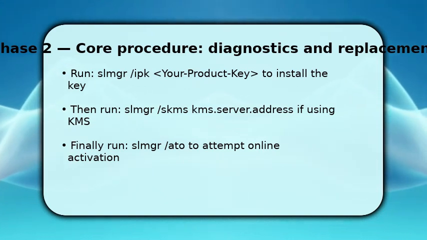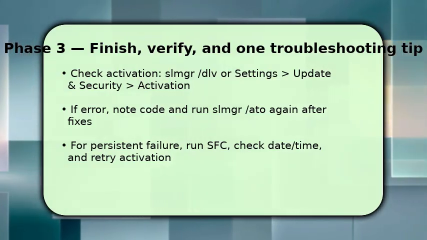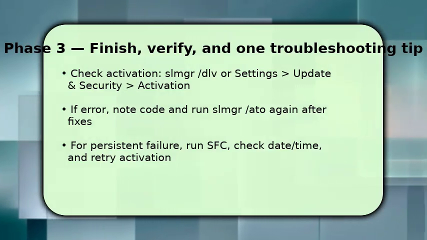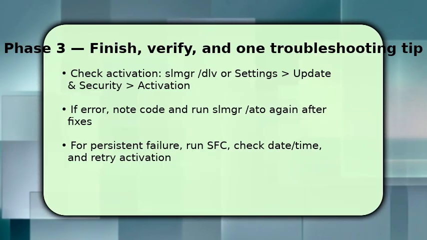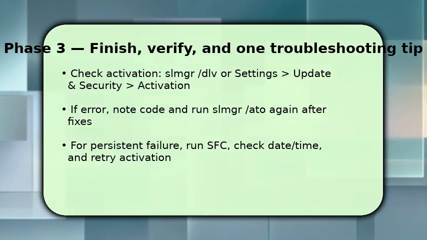You should verify success with SLMGR /DLV or Settings, Update and Security, Activation. This shows license status and expiry. If you see an error code, write it down because it tells you why activation failed, then try SLMGR /ATO again